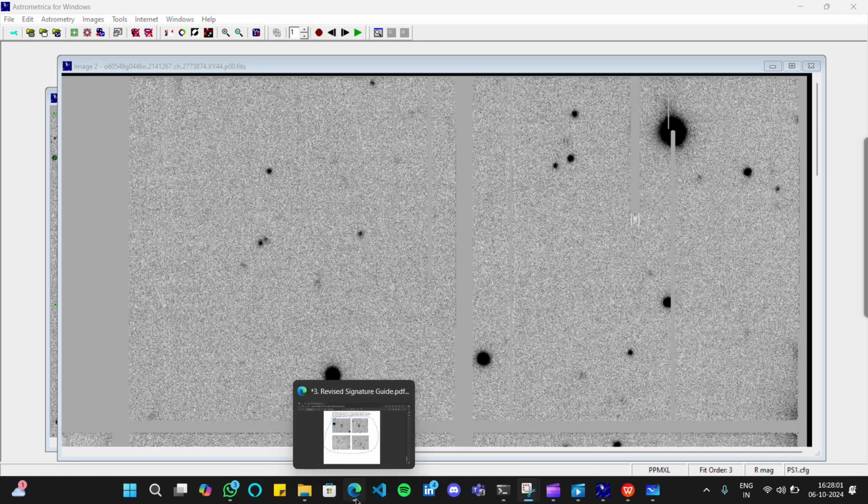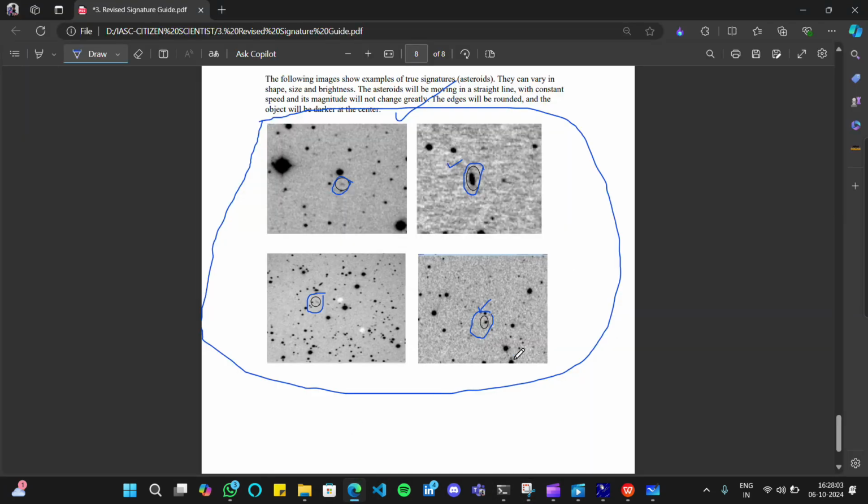So let's move to the PDF. Suppose that this is a small dot that you have found here. The blink current image will move that image in this way, 1, 3, then 4. So this is 1, this is the second image, then the third image, then the fourth image.